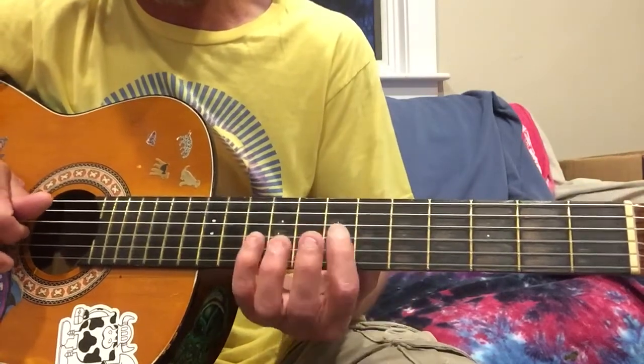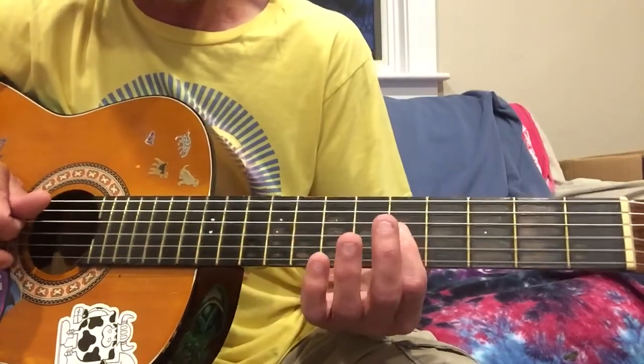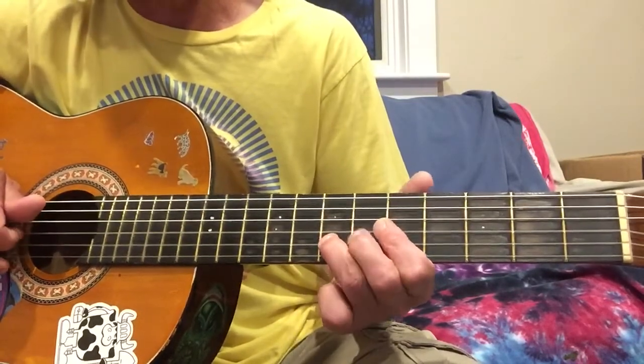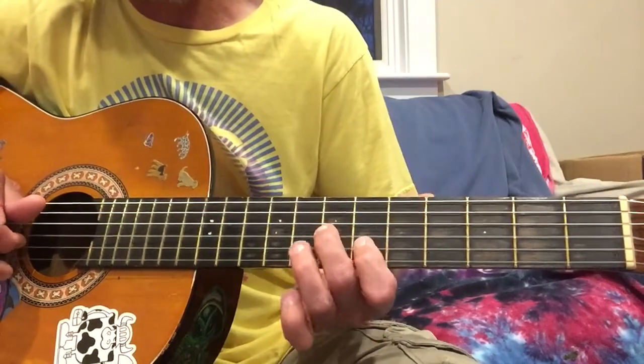Kind of do one of those if you want. Get like a nice 3-fret hammer on going, and then you go back into the... okay. So off the